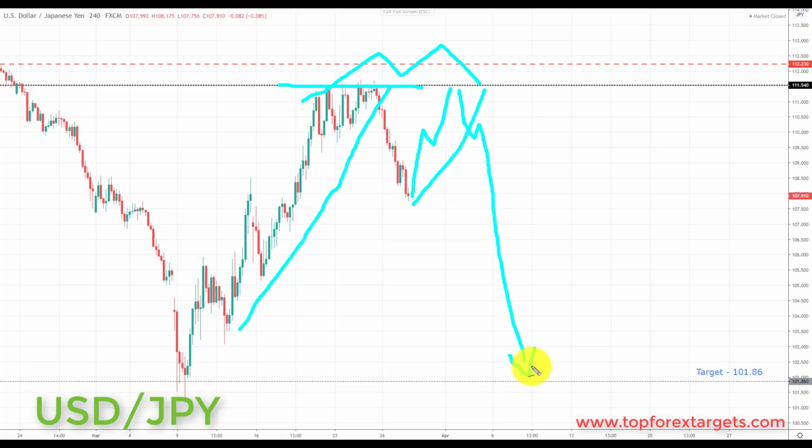Now, just bear in mind, in this market, this moved down towards the next key area of support at the 101.86, which we highlighted before, and we came and tagged and we bounced from this area. This is quite a big move. This is unlikely to happen in 1 week. So if you want a more conservative target just going into next week, you can look at the 106.00 level, the round level here. However, overall, if this is going to continue to decline, we would be looking down to the 101.86.